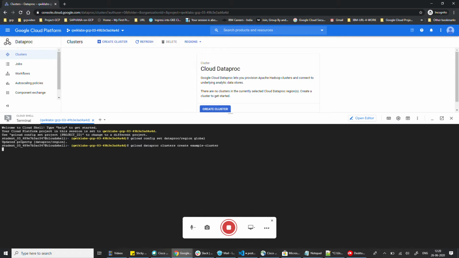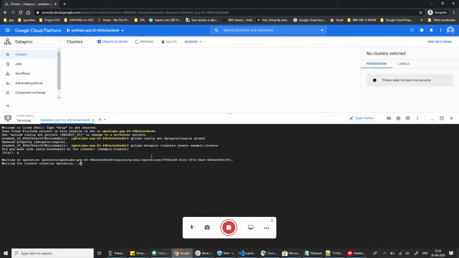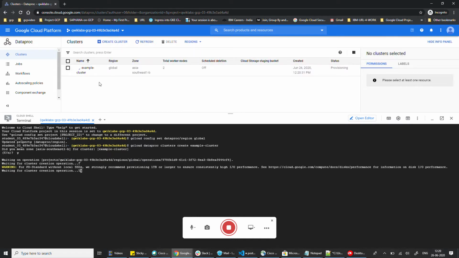So now my cluster is being created. This has started, and you can see in the console also that the cluster is being created.